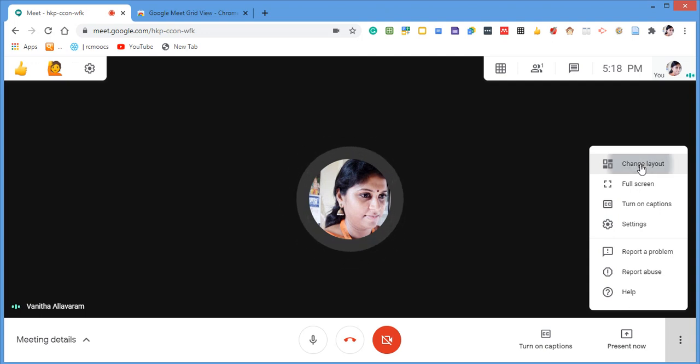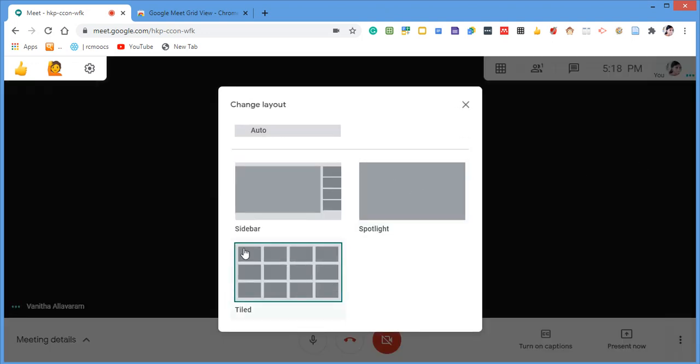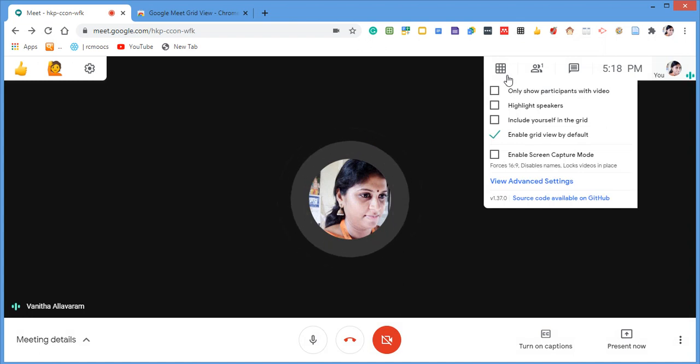For example, with change layout, only a maximum of 16 people can be visualized in the meeting. But when you add this grid view as an extension to your Chrome, then whenever you start a meeting, you can visualize based on your requirement.